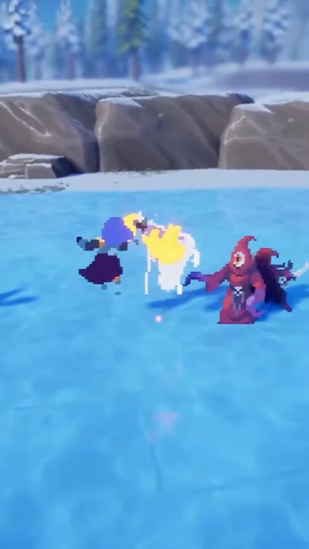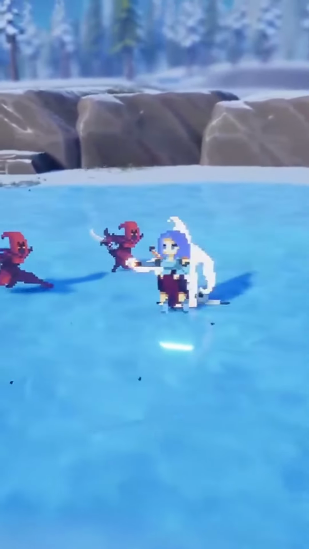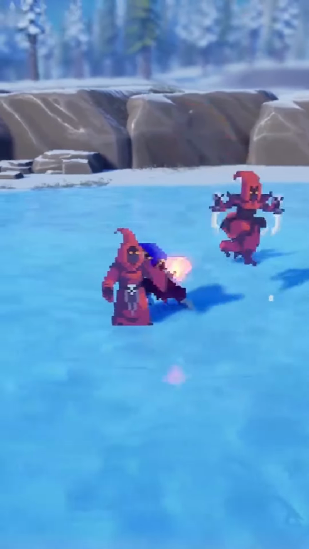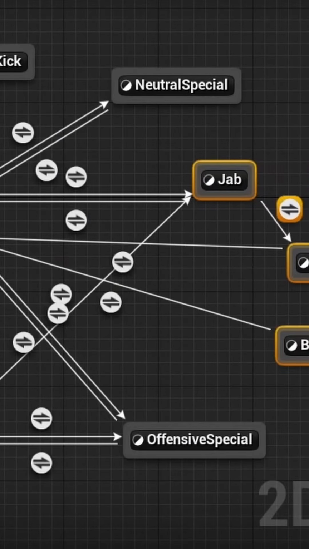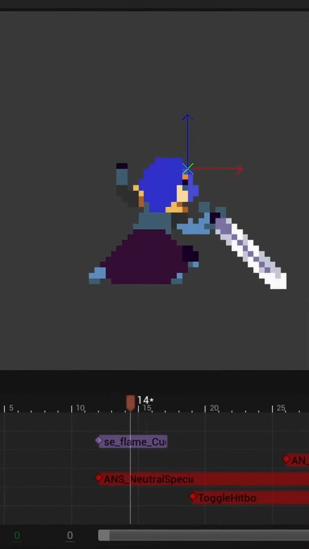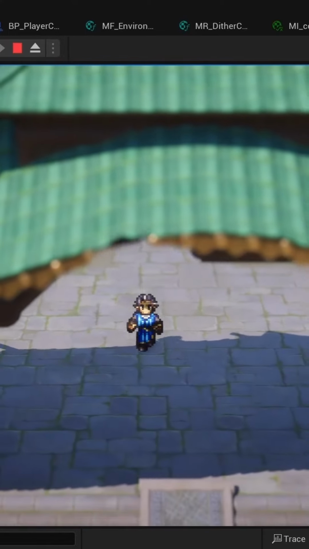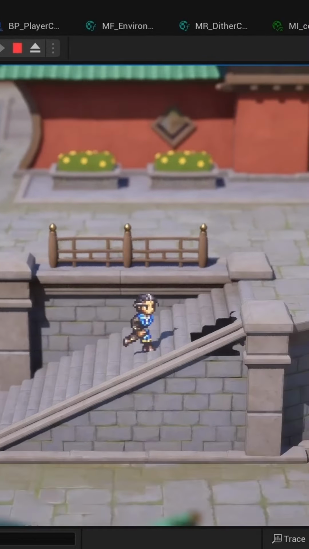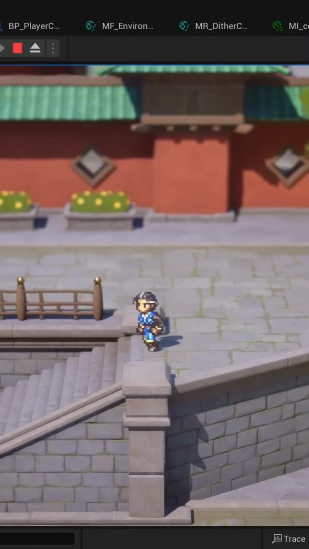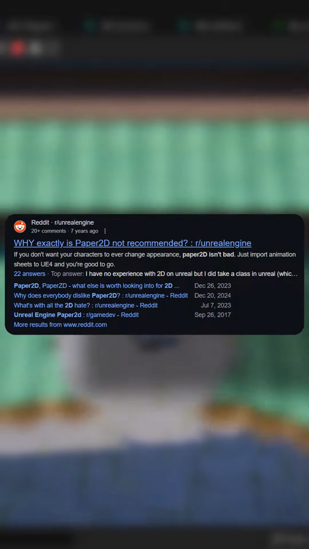In order to improve the usability of Paper 2D, a developer who goes by Heavy Bullets took matters into his own hands and developed a free plugin called Paper ZD. This adds support for state machines, anim notifies, and many other quality of life features. This opened up Paper 2D for many more developers, leading to more and more 2D and 2D 3D hybrid games made in Unreal. And while 2D in Unreal was still a taboo topic to talk about a few years ago,